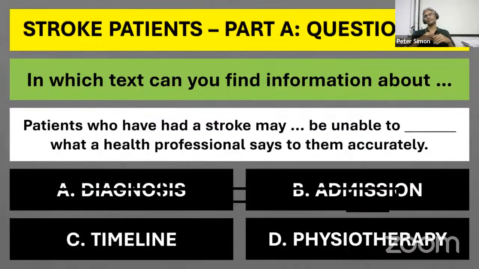Unable to repeat. Their word is repetition. You may find repeat or repetition or repeats or repeated or repeating. Anything may come. Is repeated, is being repeated, has been repeated, was repeated, were repeated. But here, only one word will come because patients may be unable to